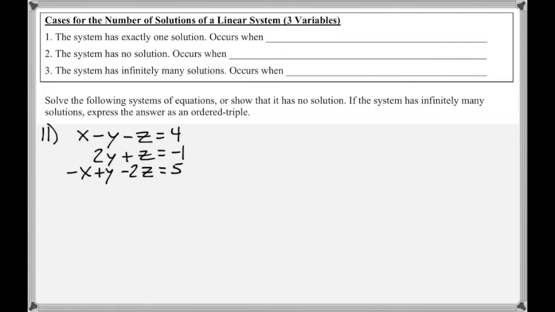this occurs when the three planes intersect at a single point. Or the system could have no solution, and this occurs when the three planes have no point in common,